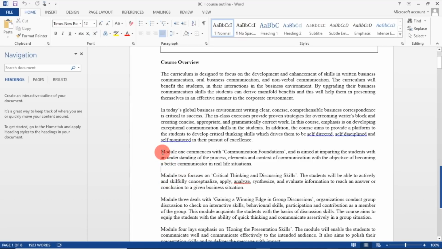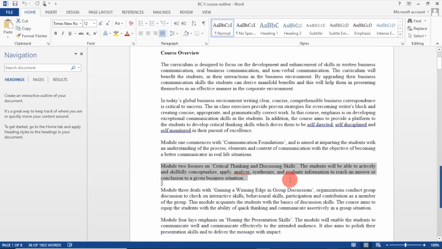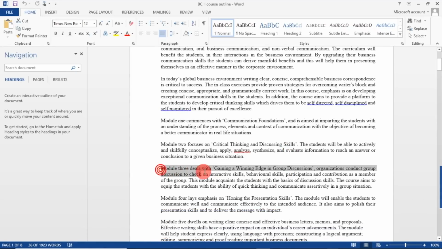And then what is module 1 focusing upon, what is module 2 focusing upon. So module 2 focuses upon critical thinking and discussing skills, so the whole module is emphasizing on this. Module 3 is dealing with gaining a winning edge in group discussions. So this is what we are going to focus upon, how people are going to talk to each other in groups. And this is also related to group assessment.